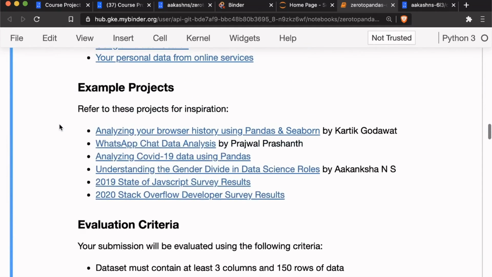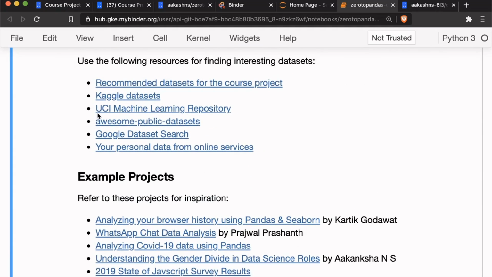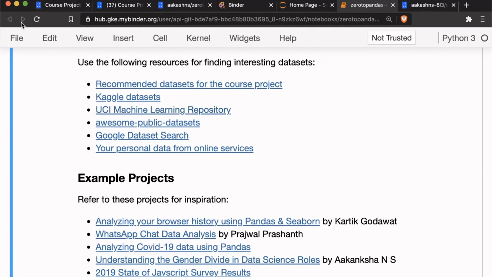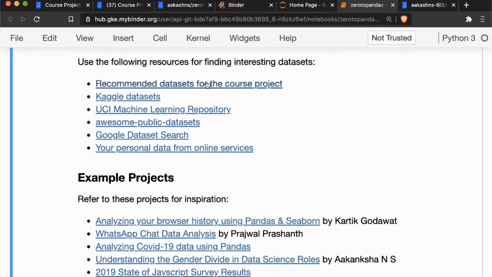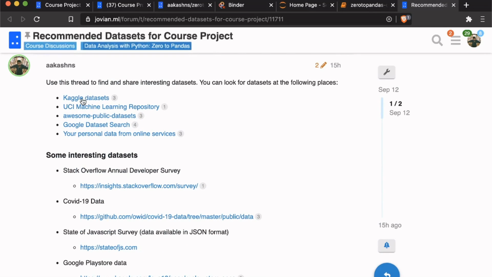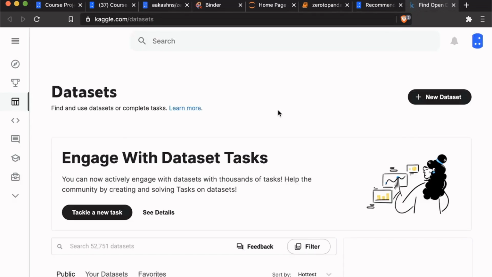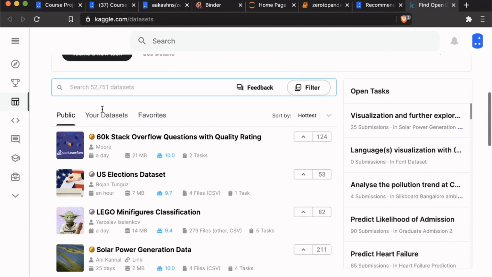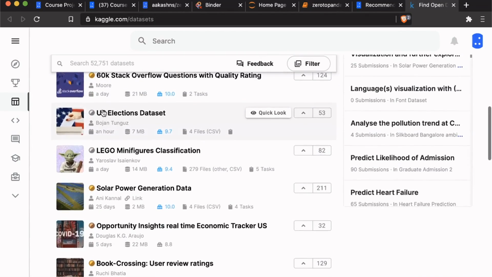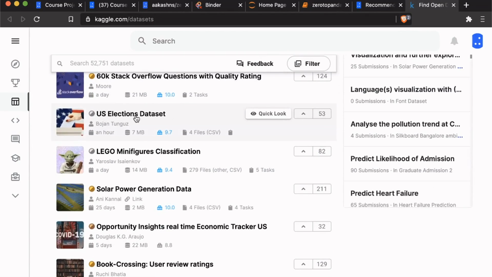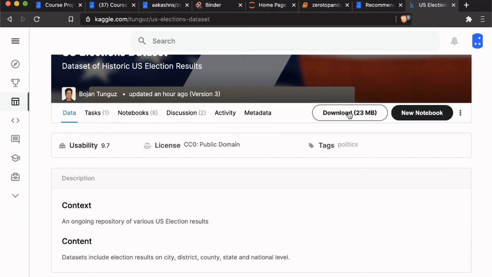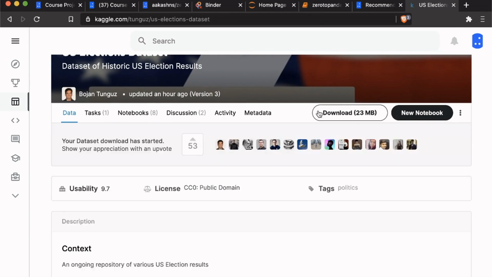Now, I just want to spend a little more time talking about some of the datasets that you can use for working. So we have created a list of a few data sources from where you can get datasets. The first one is Kaggle datasets. This is the easiest one to get started with. You just click on Kaggle datasets and you will find a whole bunch of, there are over 50,000 datasets you can pick from. So for instance, what you do is just open up a dataset and then just click download, and that is going to download the dataset for you.